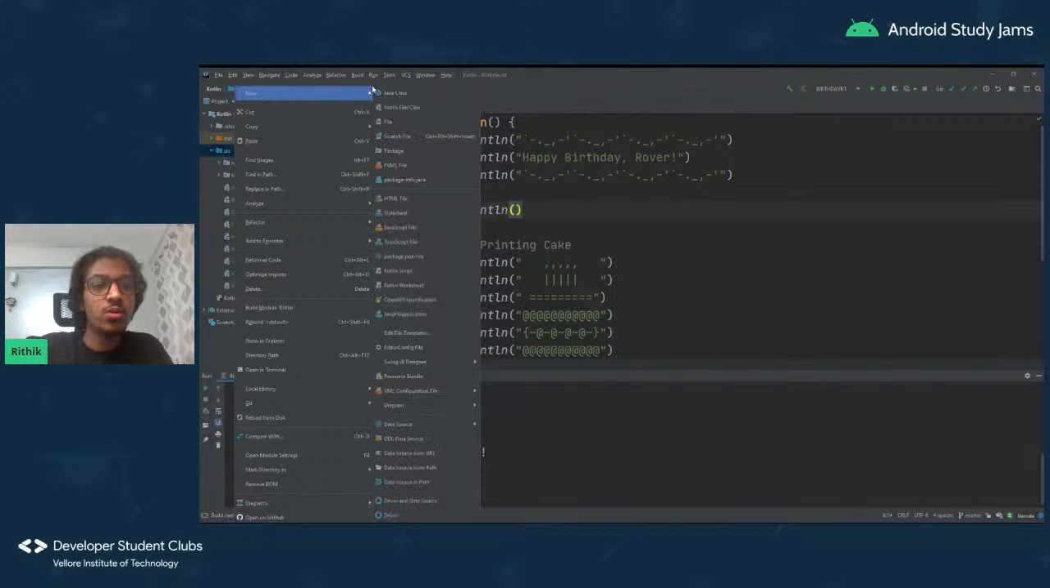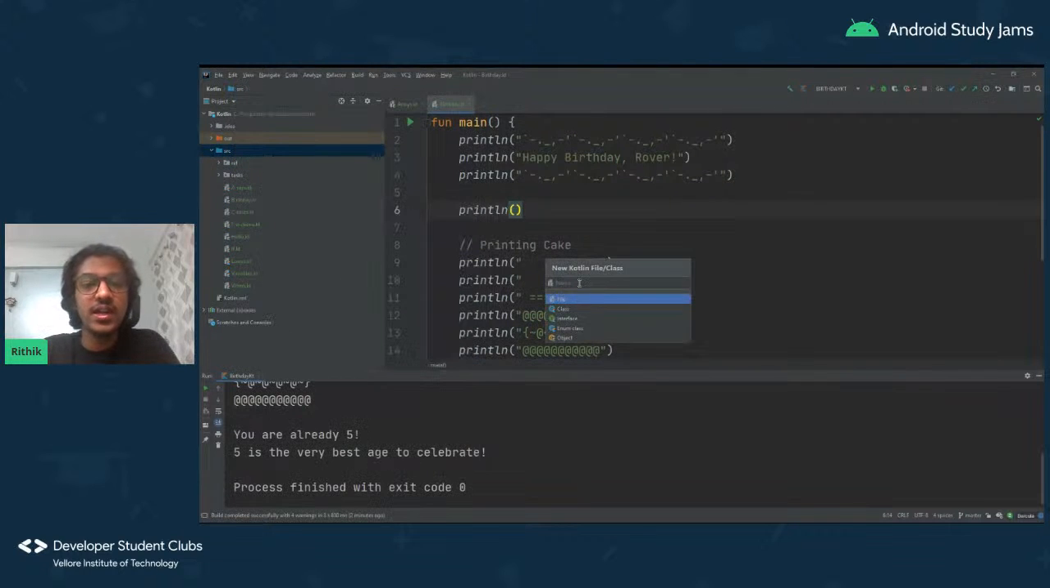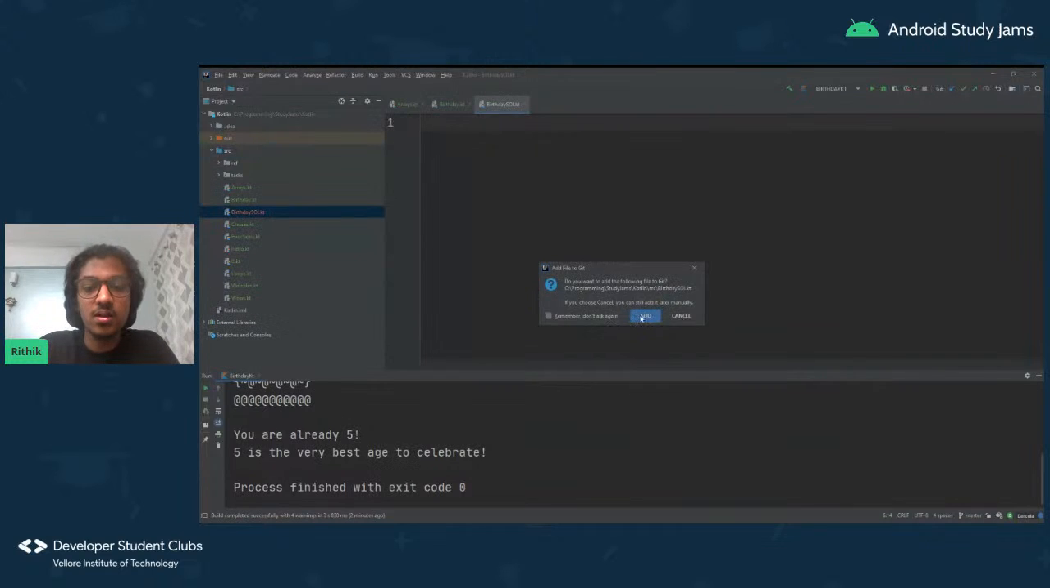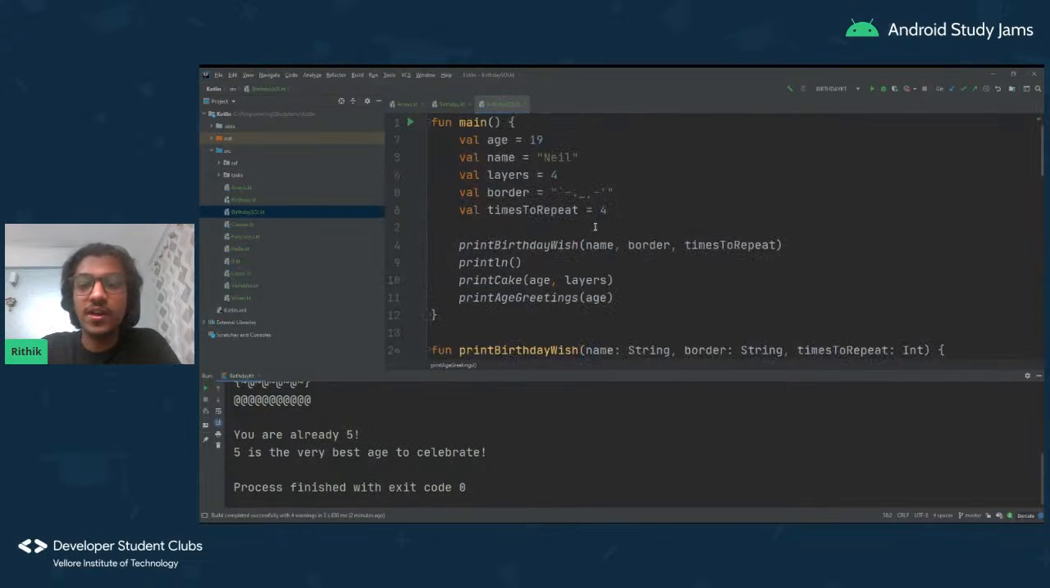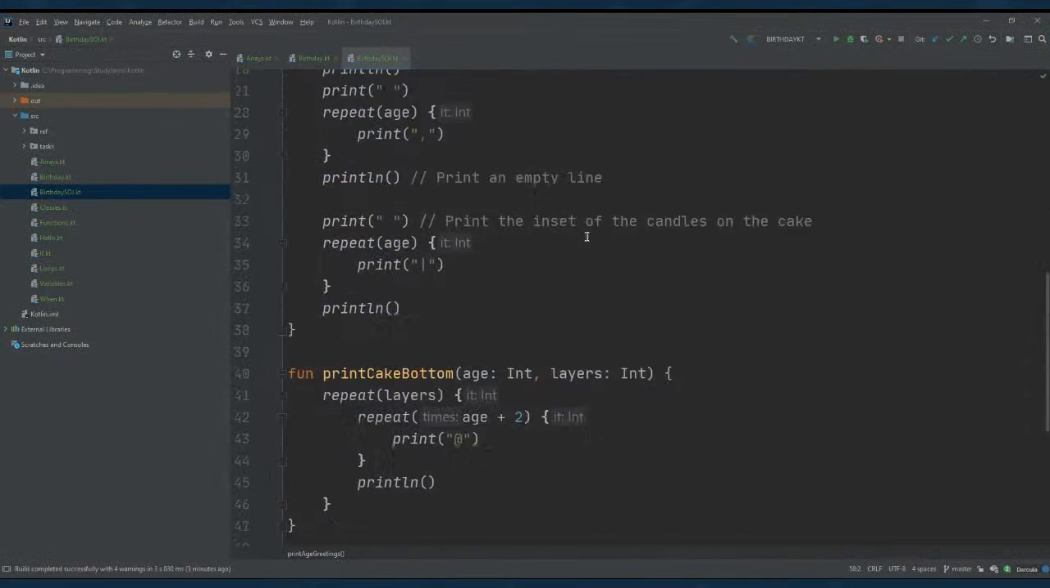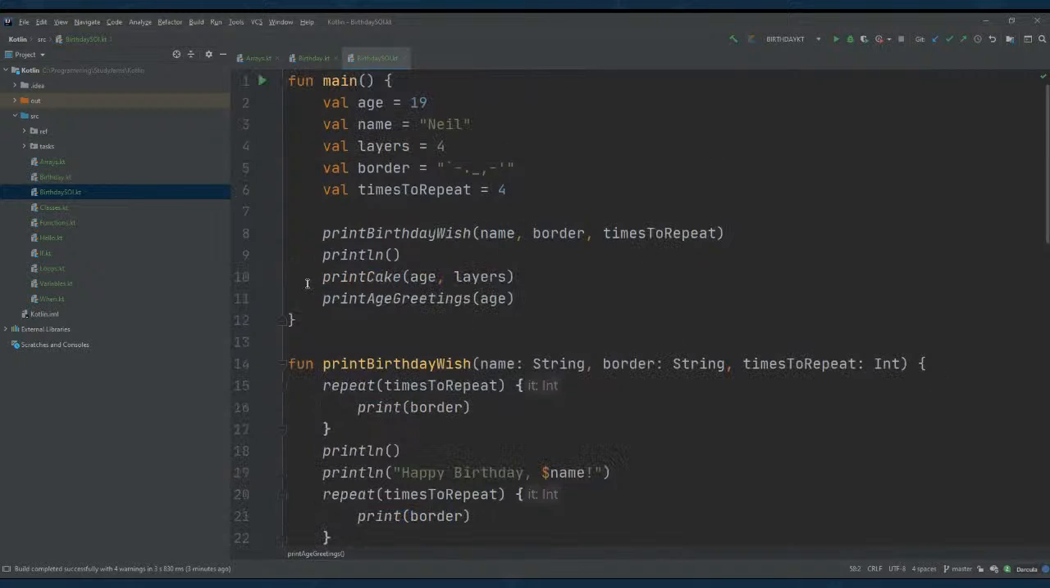Now I don't want to waste your time, so I already have this prepared, converted this code into functions. I'll just paste that again and explain it to you in detail. Okay, so there's a lot of code that I pasted here, but don't worry, I'll explain it in detail. So first, we have declared several variables right here